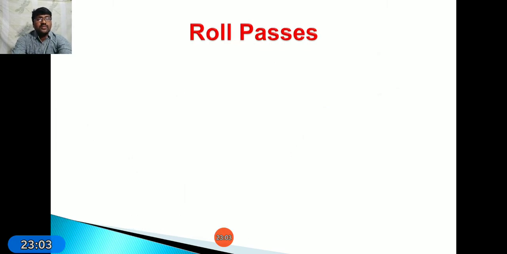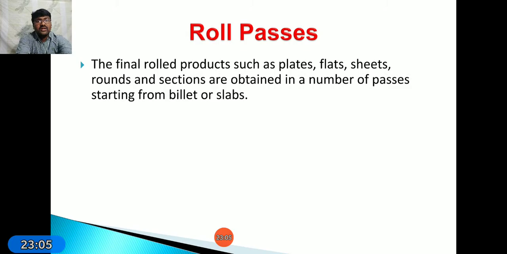Next, coming to the roll process. Here the final rolled products such as plates, flats, sheets, rounds and sections are obtained in a number of processes, starting from billet to slab. Up to now we have seen there are a number of types of rolling mills. In that, we cannot prepare from a single pass from the starting to the finishing process. For that case we have to pass the rolling workpiece into the rolling mills a number of times,